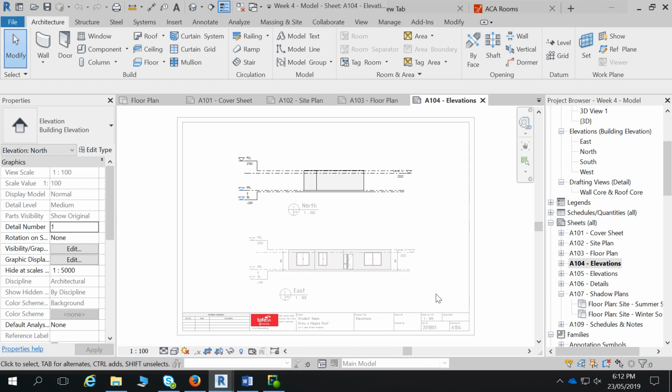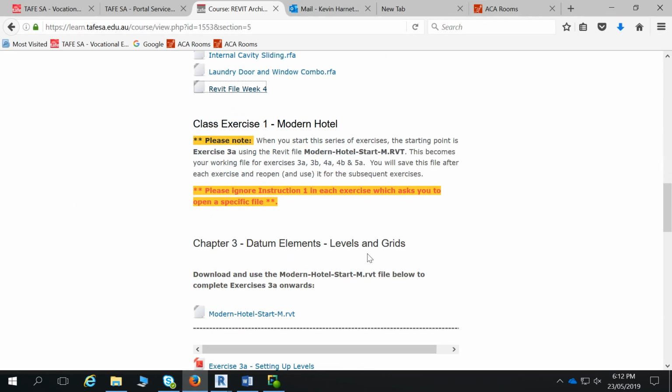So tonight we're going to put a roof, a ceiling, fascia and gutter, and probably a soffit lining, so eaves lining, and we're going to put a floor and a slab edge on this model, and we're going to put some rooms into this model as well, and that will probably be it for this model. And then we're going to jump on to exercise